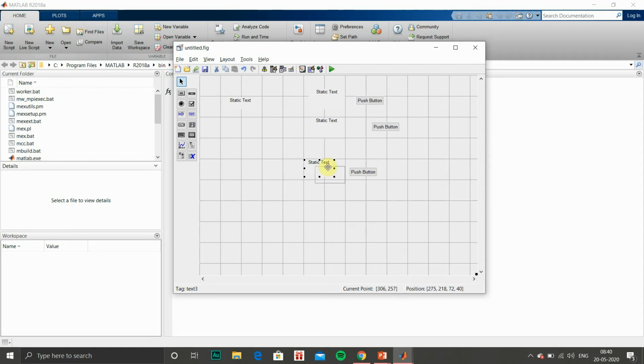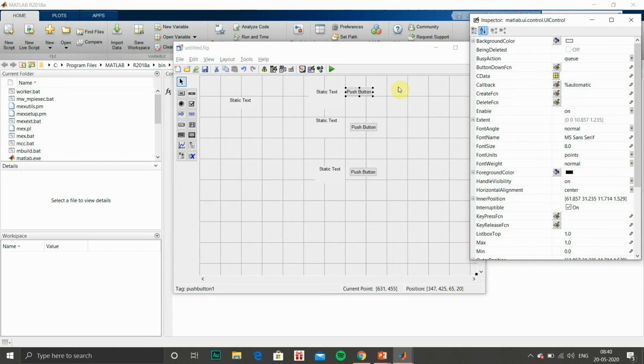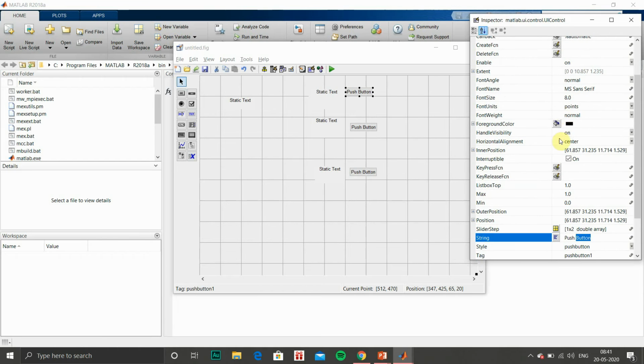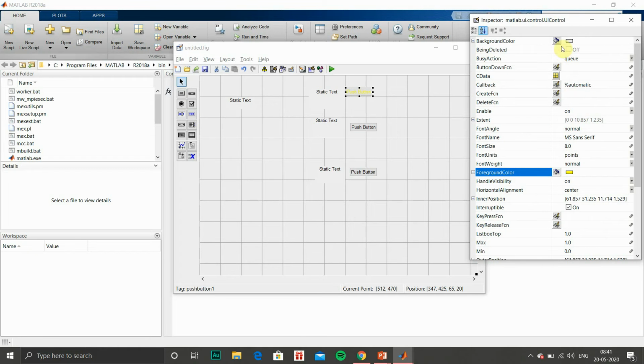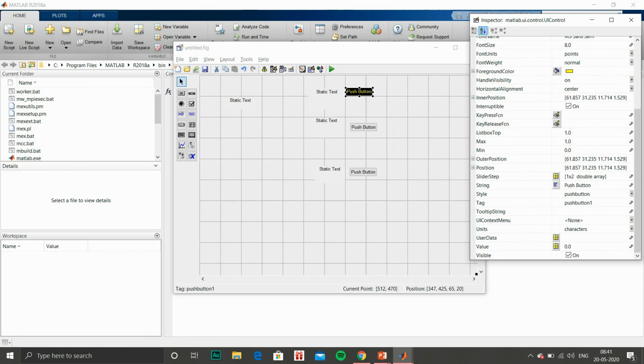I have included some extra features that I will be discussing in my GUI. For push buttons, you can change their properties by double clicking them. The Inspector window will open and you can change the name, font color, whichever color you want. Background color also you have an option.